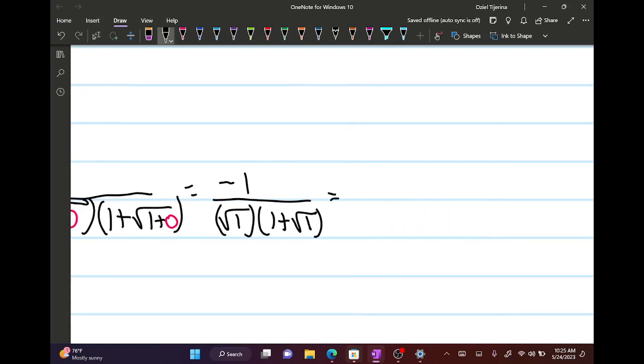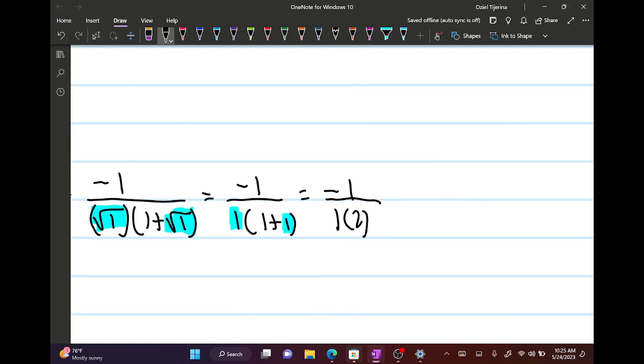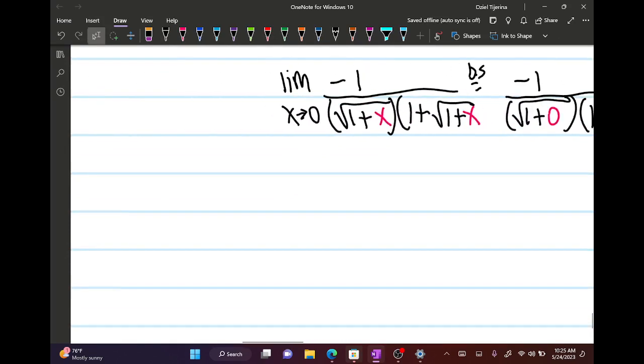And the square root of 1 is obviously 1, so we have negative 1 over 1 times 1 plus 1. So simple arithmetic at this point. And then this becomes negative 1 over 1 times 2, which just becomes negative 1/2. So therefore, thus,